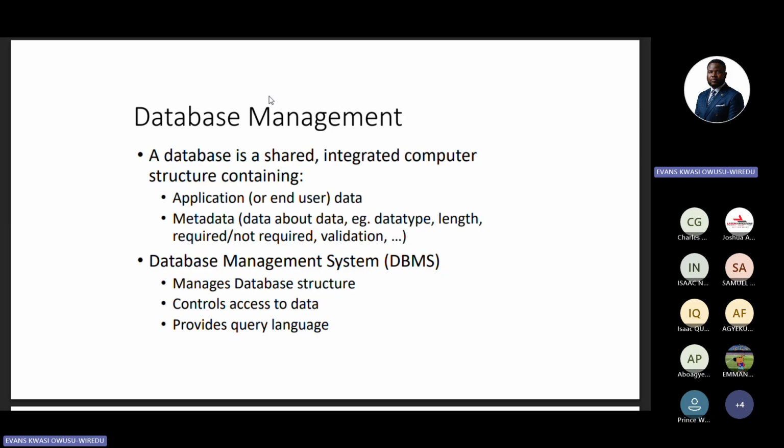All right. So in doing so, it is managing your database. It's one of the functions of the management of your data. So your database management system manages your data, right? Your data structure. So it is able to classify them into various parts, right? So that you can be able to fetch it later on, right?